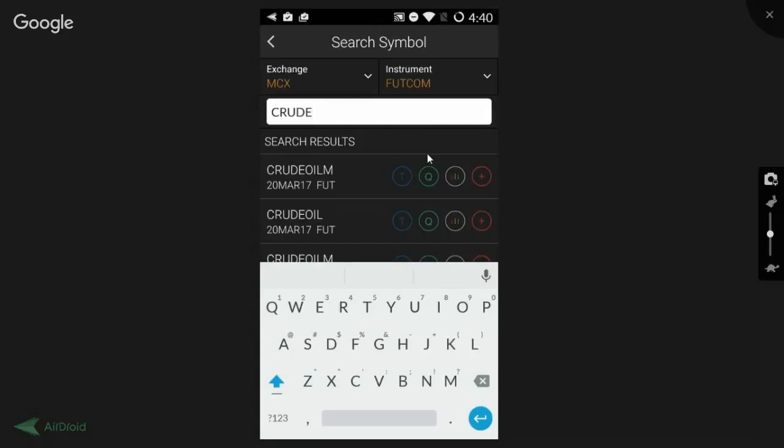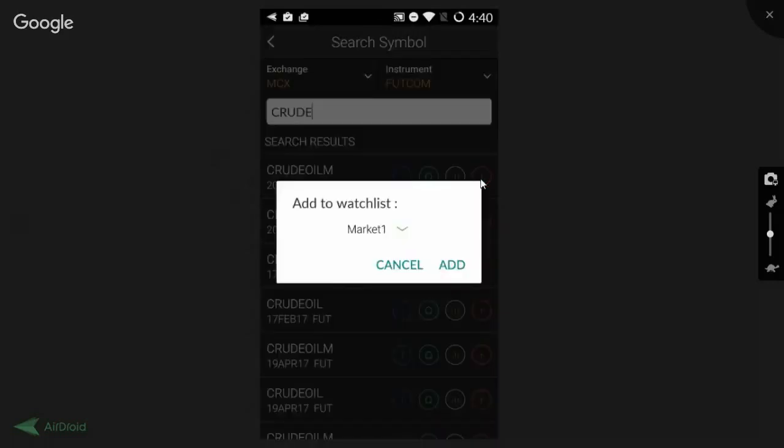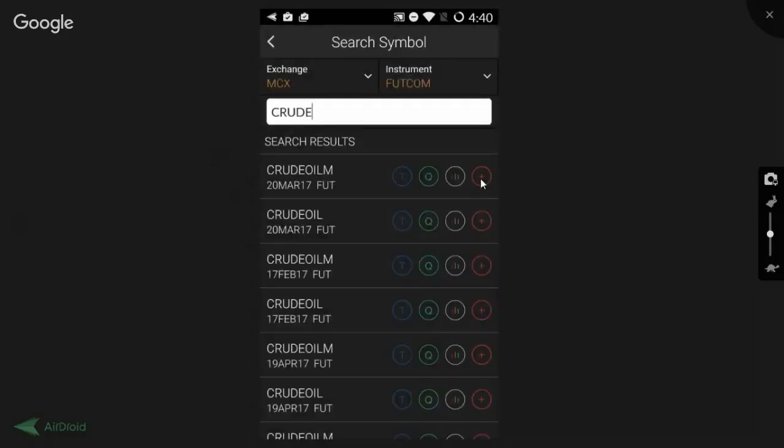As we have searched for crude, the search results display all the scripts that are in crude. So there is crude oil mini, crude oil mini with their respective expiries again. So we just add crude oil mini to the watch list. So now we've also added a commodity.